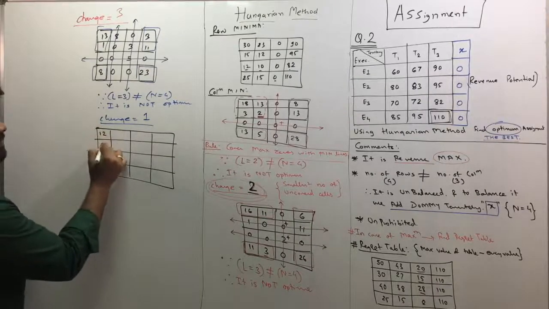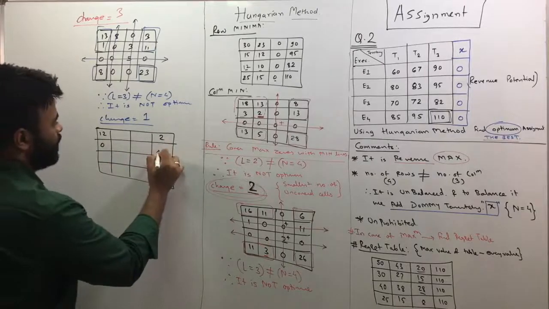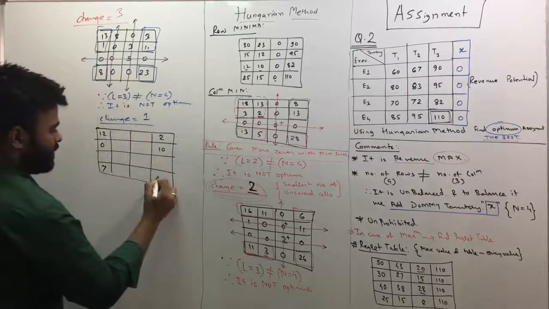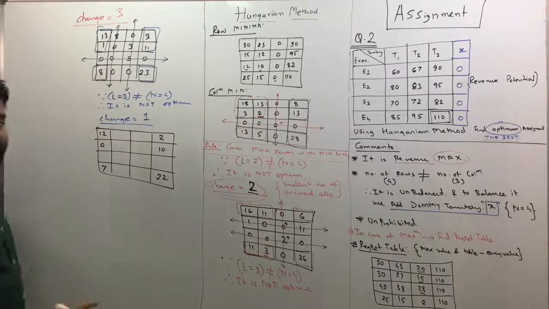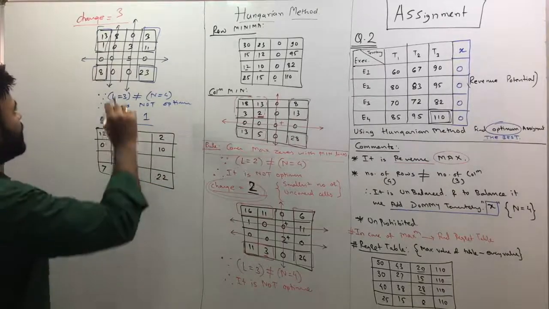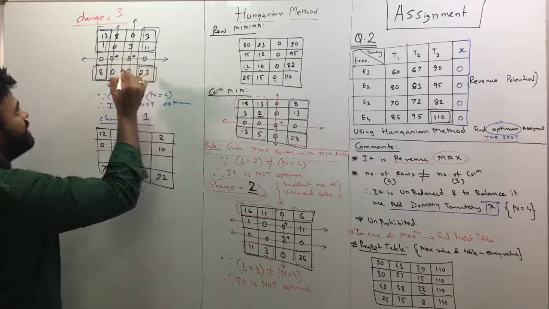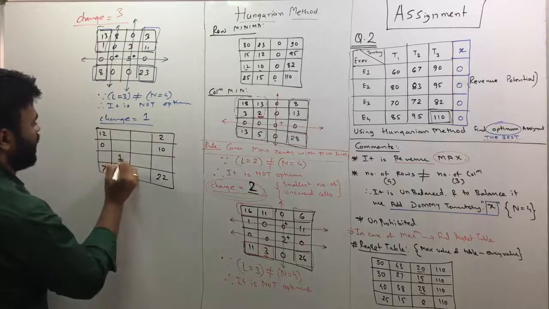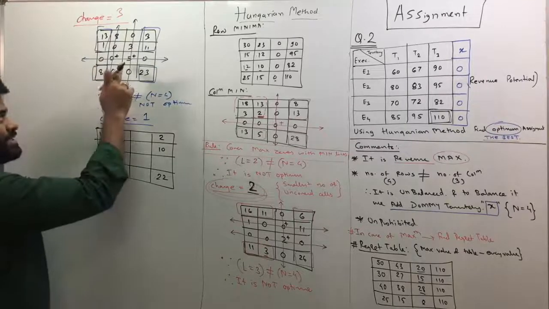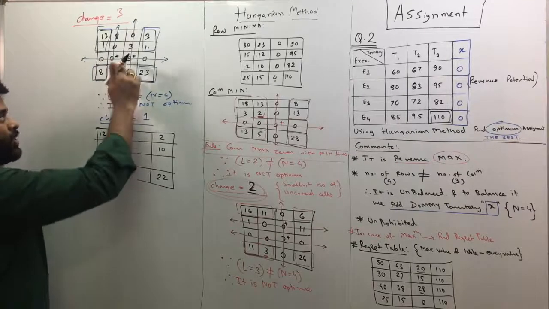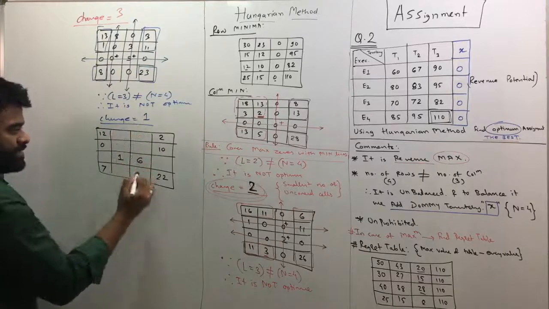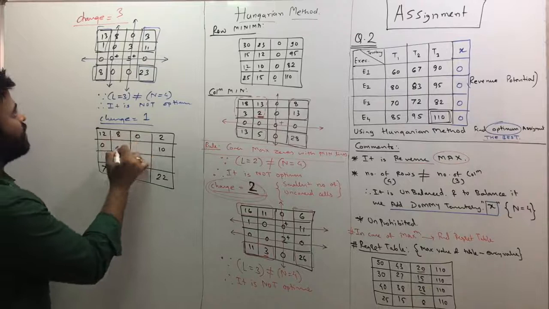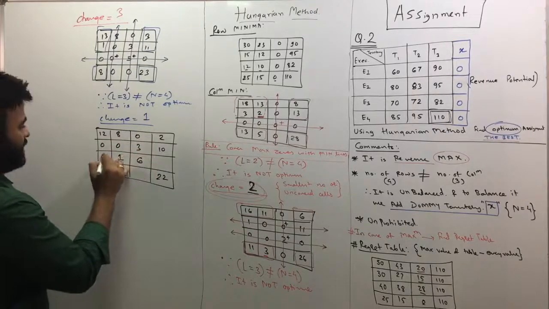So you get 12, 0, 2, 10, 8 minus 1, 7, 23 minus 1, 22. Okay, now add at the intersection next. So you have to add here and here. So we get 0 plus 1 is 1. Whatever is the existing number, you will add change to that. So you get 5 plus 1, which is 6. And now just copy the remaining numbers as they are. So it is 8, 0, 0, 3, 0, 0,